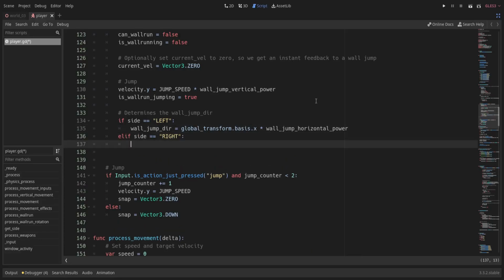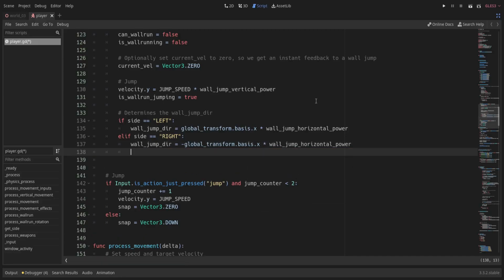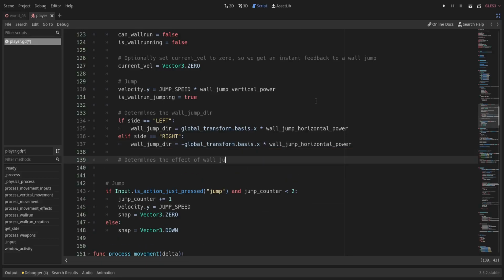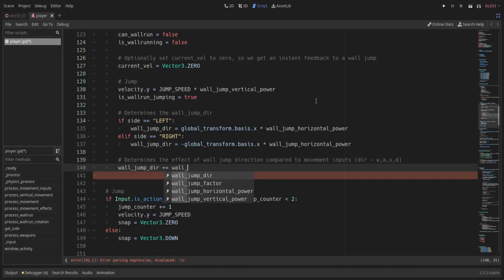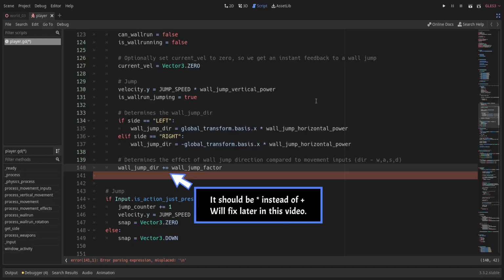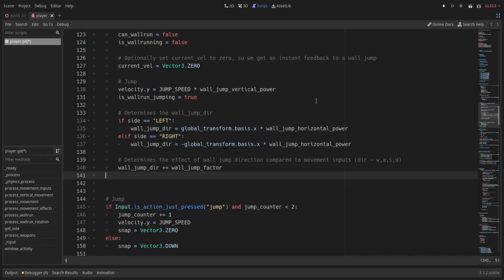It's just that over here we use player's x-axis instead of jump speed. In the end, we multiply wall jump factor to wall jump direction. So the higher the value of jump factor, more impactful the jump is going to be.